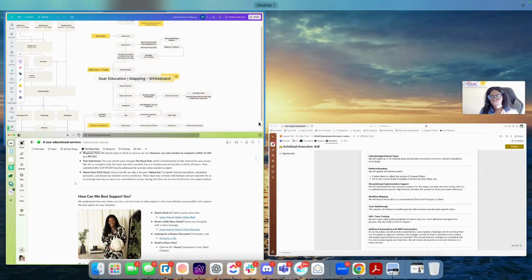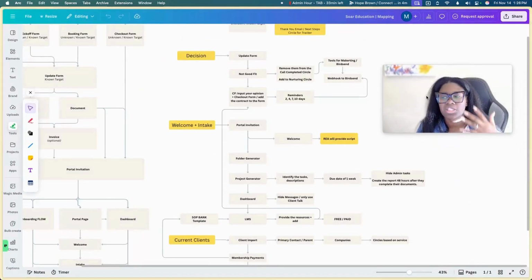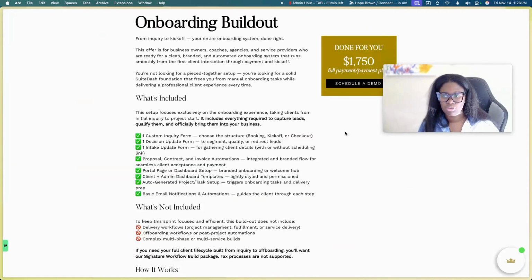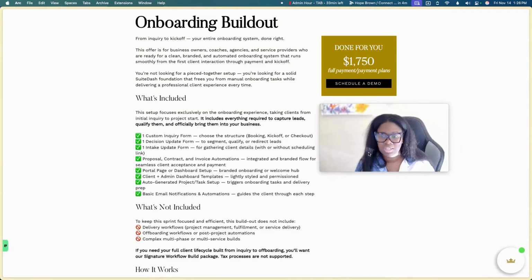It is such a pleasure to work with individuals who really just love SuiteDash as much as we do. But the other piece of it is just for us to be able to build out their actual process and make it feel smooth. So if you are very interested in just understanding what SuiteDash is, or you want to take the time to just take the first step and just initiate a call and schedule a demo, please do that